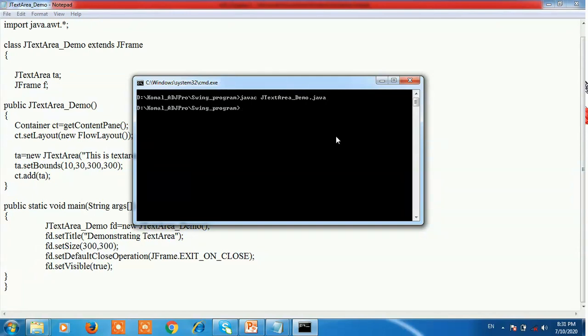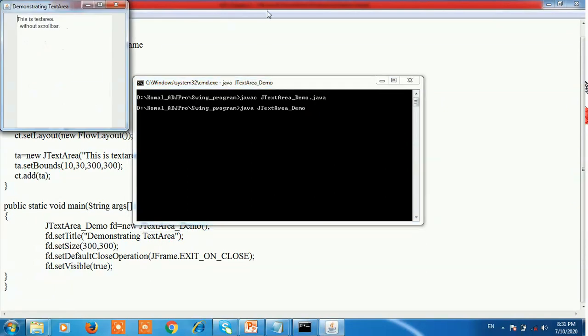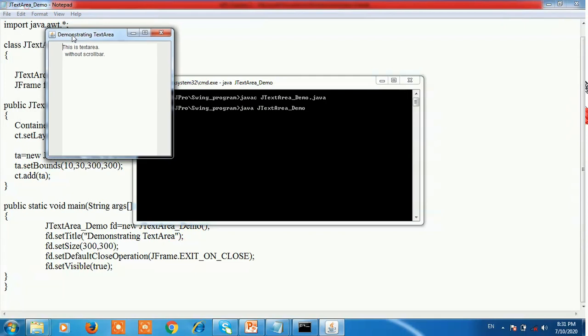It is successfully compiled. Then run the code: java program name, JTextAreaDemo. Here, this is the output of the JTextArea.